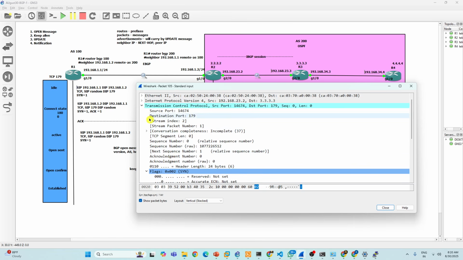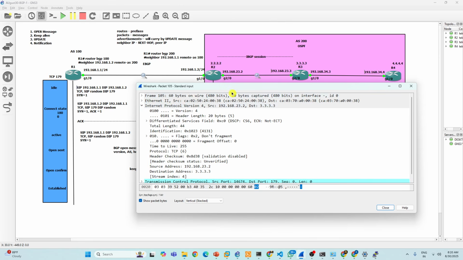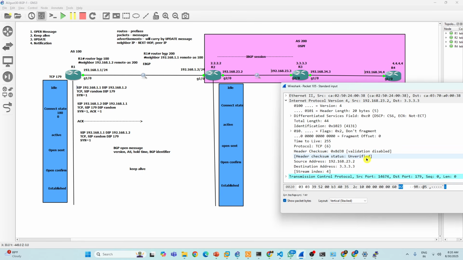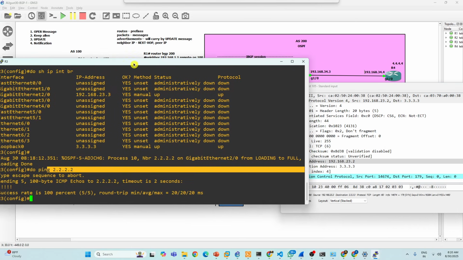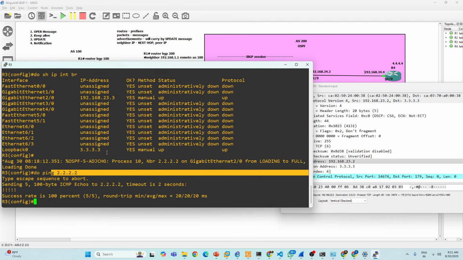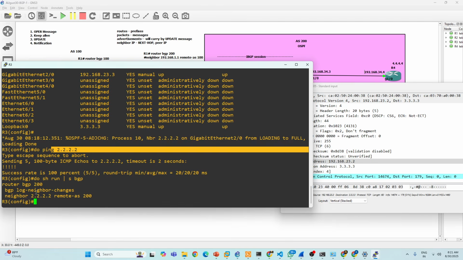Now it is sending with the SYN bit equal to 1. Now see carefully. This packet has arrived on R3. Now R3 is expecting a SYN packet from 2.2.2.2, the loopback, because on R3 we have configured loopbacks. My neighbor is 2.2.2.2, right? What have I configured on R3? Do show run section BGP. What is my neighbor here on R3?